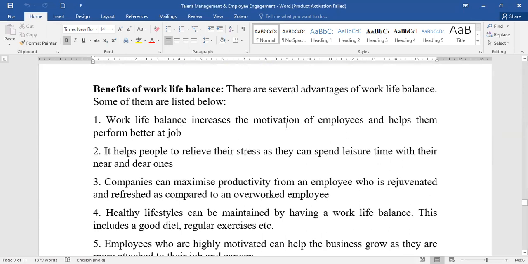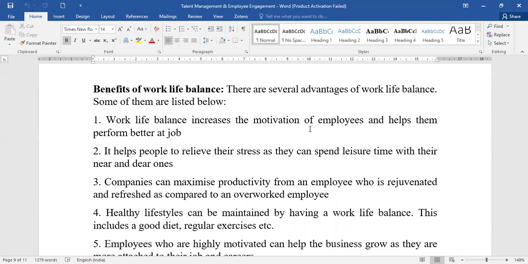So it increases the motivation, maybe it rejuvenates the employees, it helps them to reduce their stress, it helps them to spend leisure time for themselves as well as for the family members. It helps to increase the productivity. Yes, when the person is fresh with the mind, or fresh with his ideas, he can definitely show maximum productivity for the organization. He becomes a maximum productive employee for the organization.